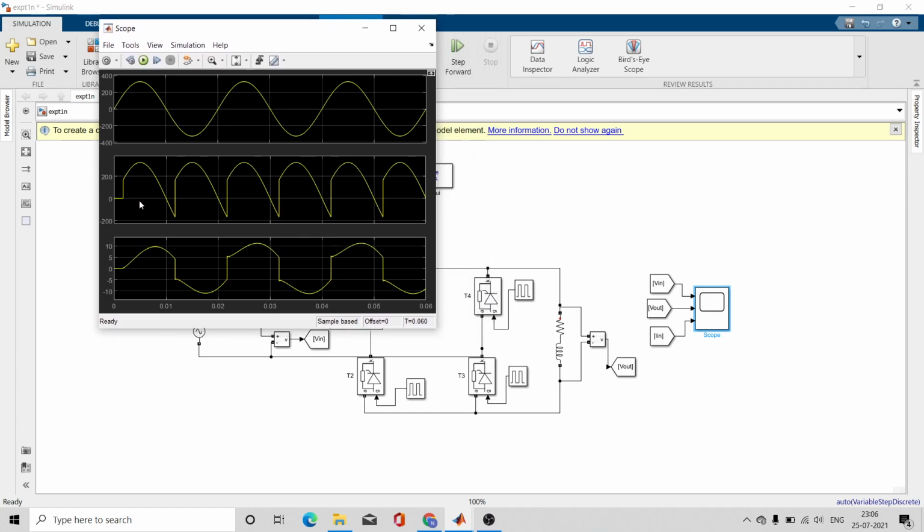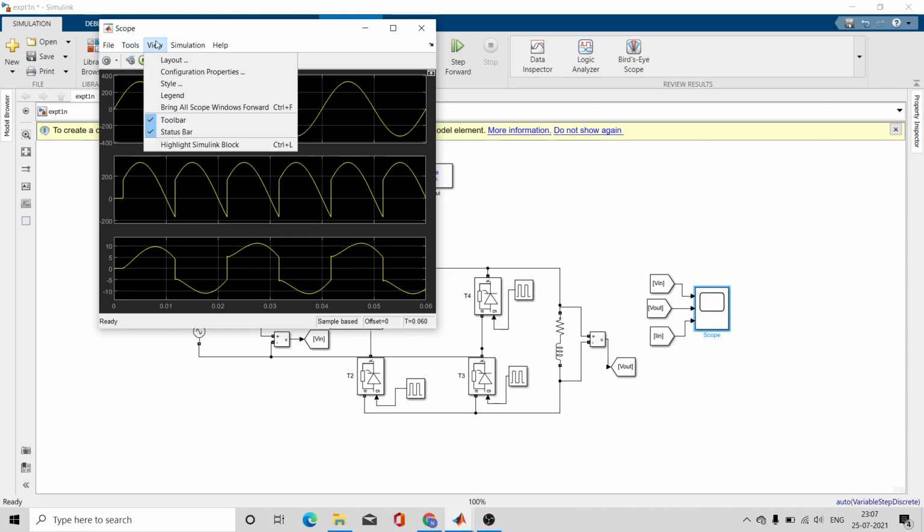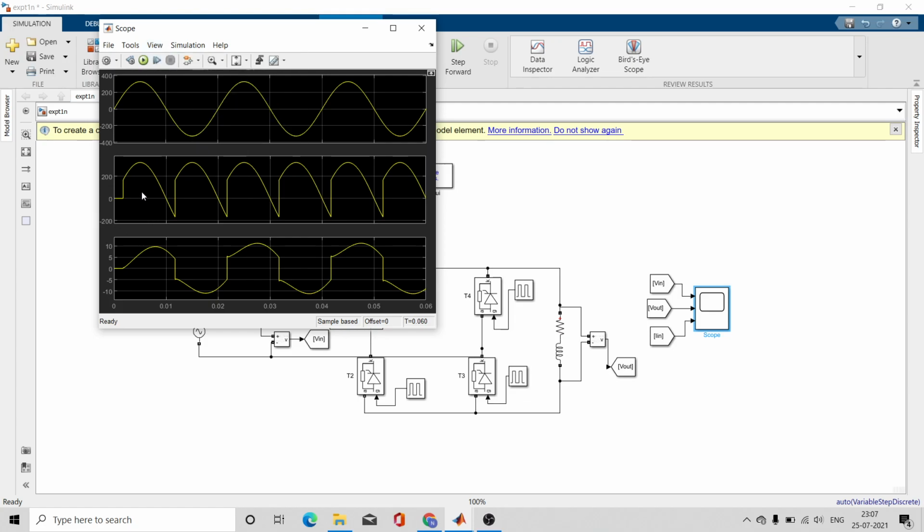As you can see, you are getting the output at each half cycle, and you are getting the output after 30 degrees. This is your input voltage, right? And this is your output voltage. You can give names to these graphs also by changing the configuration properties, or you can go to the view and so on, it is very easy. So this is the output voltage after 30 degrees, because we have given the firing angle as 30 degrees.